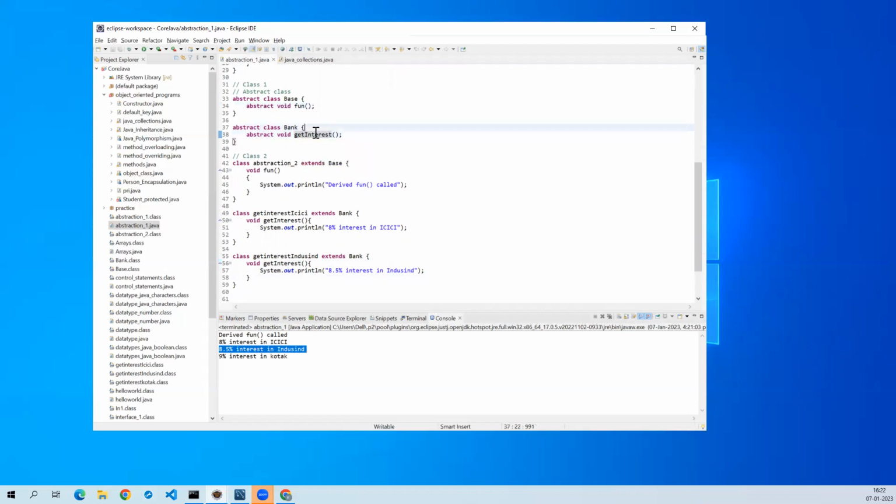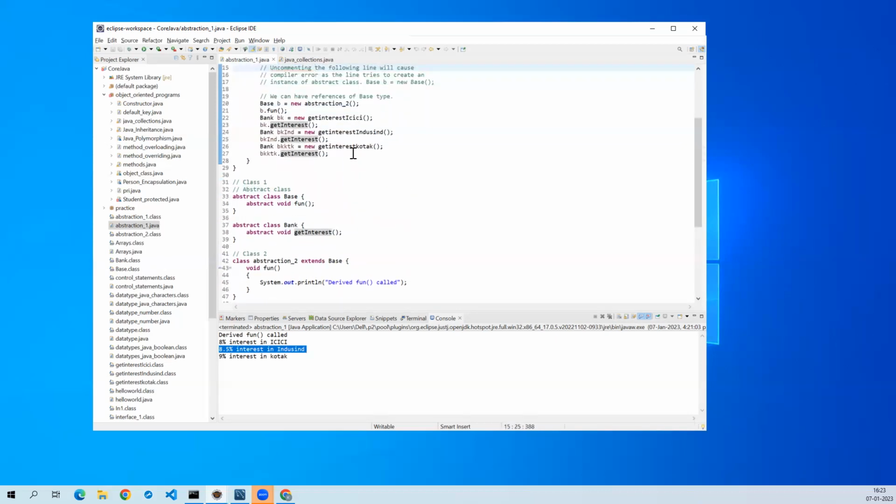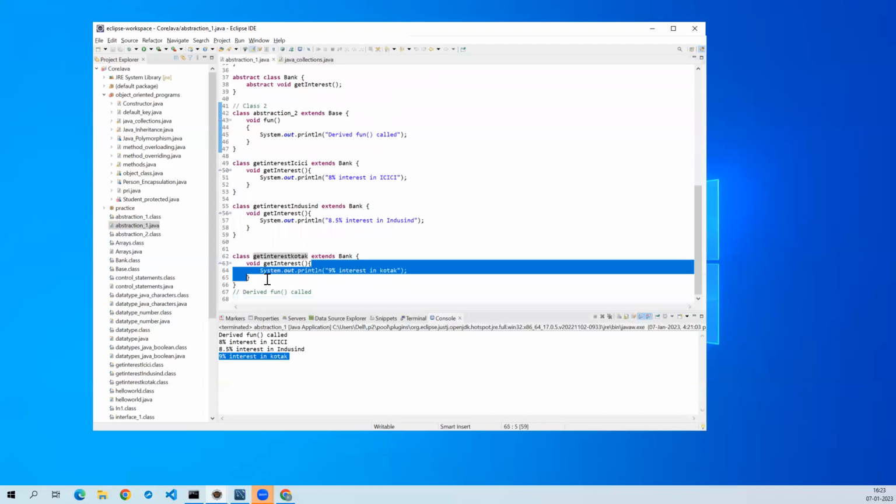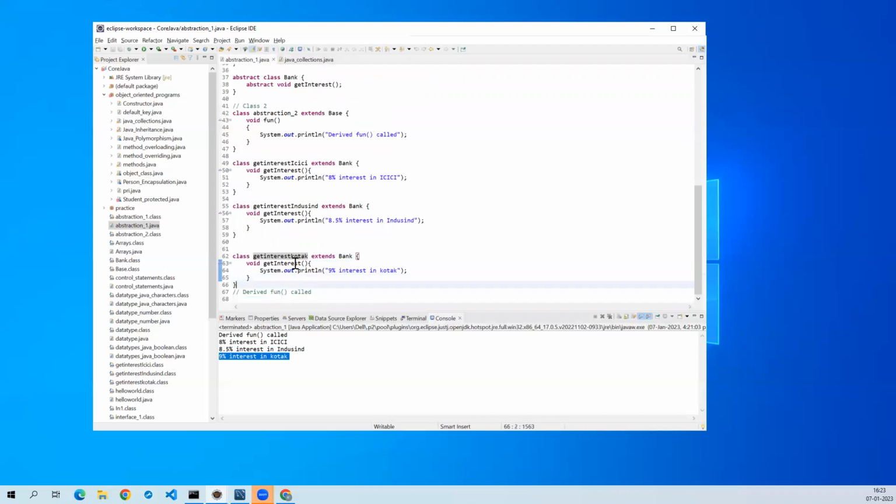And next, coming to the third one, that is the bank get interest product. So this is my subclass. This is my parent class. I am creating the object for them. So bk dot get interest will go and refer to the method inside the get interest product. So now you will get the next 9% interest in the product. Okay. So like that we can get different